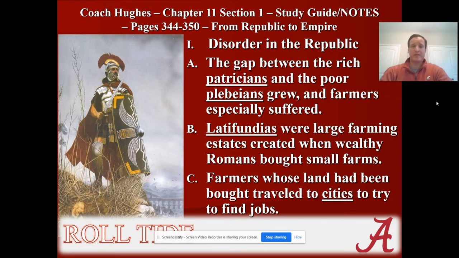Latifundias were large farming estates created when wealthy Romans bought small farms from those plebeians. The quite literally few people that did, in fact, have some financial gain, I guess you could say, with their small farms. But as these rich elite nobles, the patricians, come in and start buying this farmland, the small chunks of farmland from the plebeians, well,